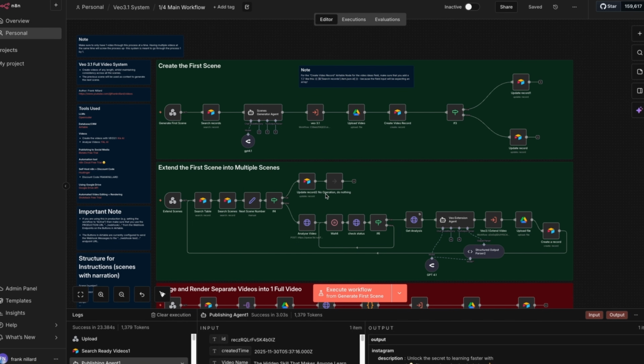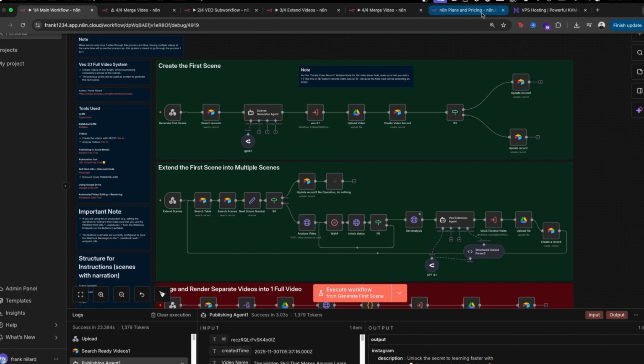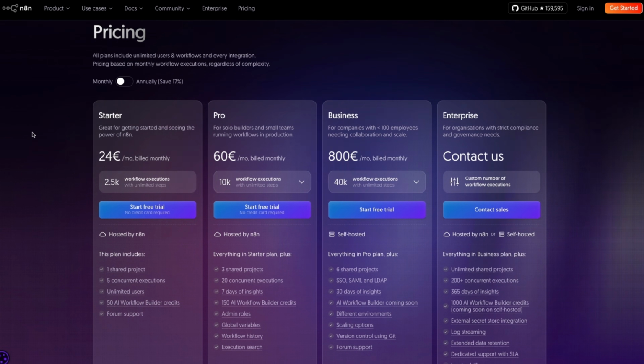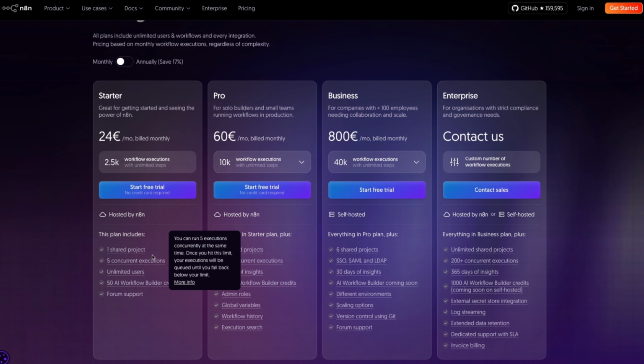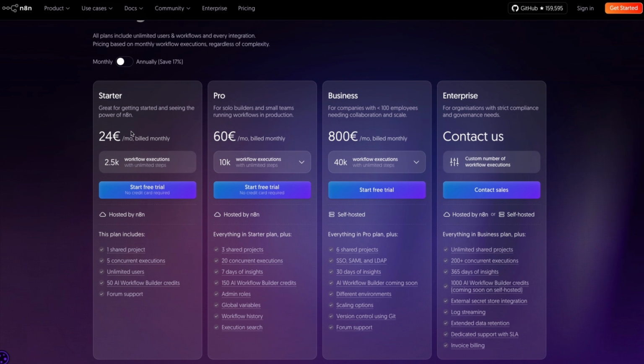In order to get started with this workflow or automation, you need access to n8n. If you're new to this, n8n is what you see on the screen. It's this automation builder that allows me to build what you see on the screen. There are two ways in which you can get started with this. You either go to the official n8n site and pay 24 euros a month. This has a few perks. Well, I wouldn't say perks, it's just features, but it's kind of limiting for the amount of money that you're